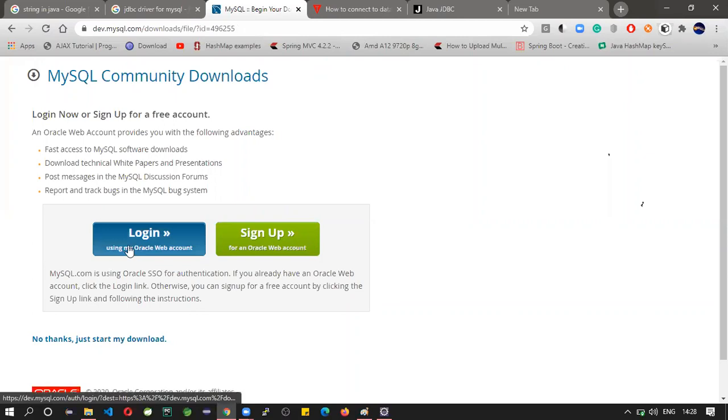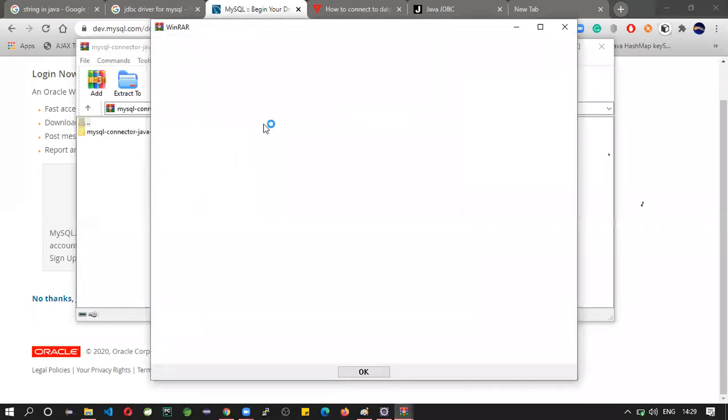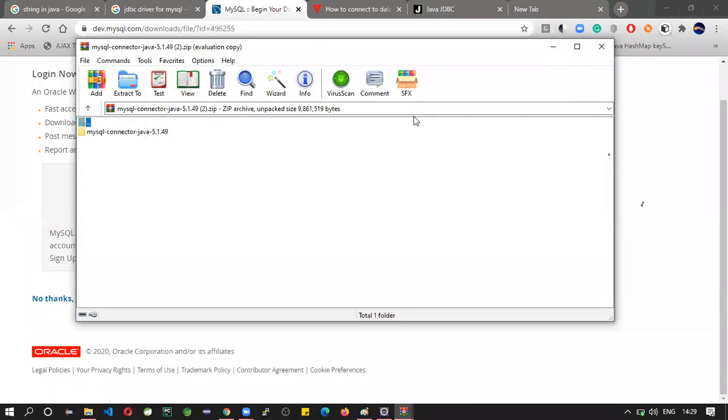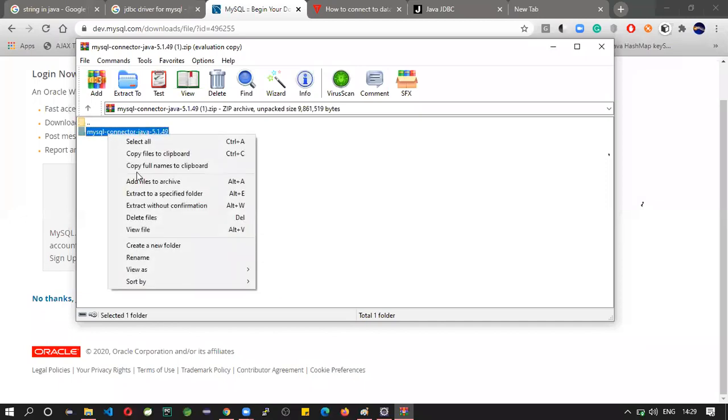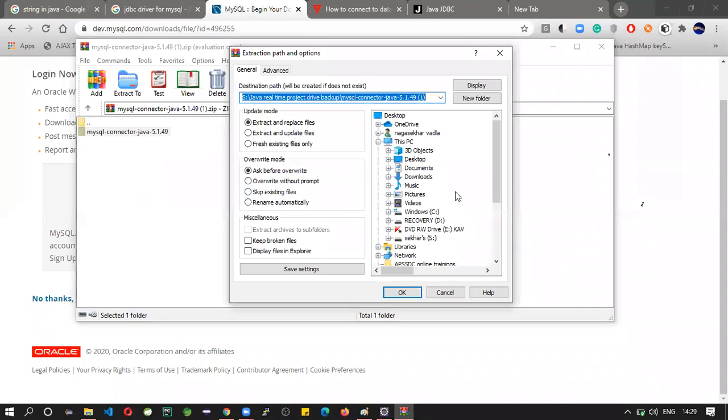Here it will ask for login. You need not log in or sign up. Just click on no thanks, just start my download. So it is downloaded. First unzip this, extract it. Where you want to store that jar file, you can store it.